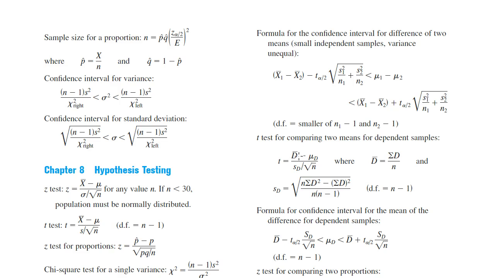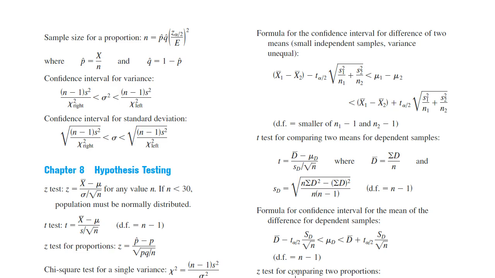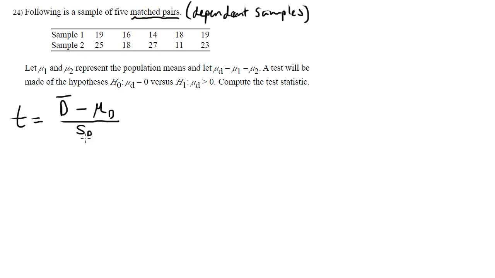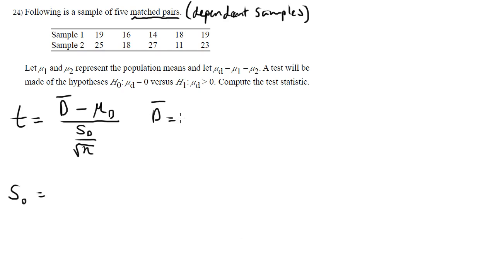So the formula is the average of the d's minus the population mean of the differences, divided by the sample standard deviation of the differences, divided by n. And I believe that's the square root of n, shouldn't it be? Yep. And the standard deviation of the differences is a whole other formula in itself. Let's say the average of the differences is the sum of the differences divided by n. The standard deviation of the differences is